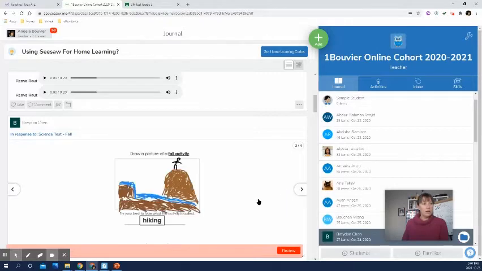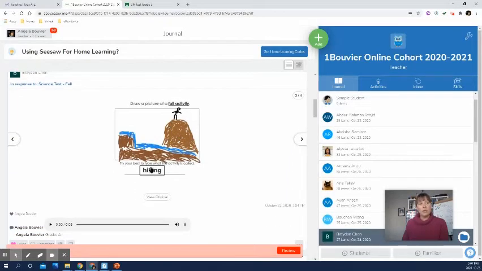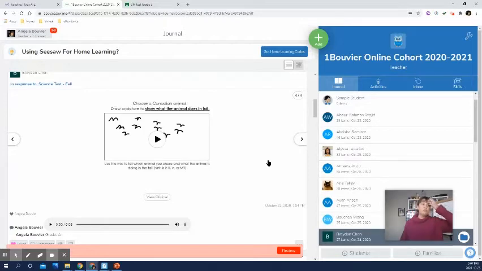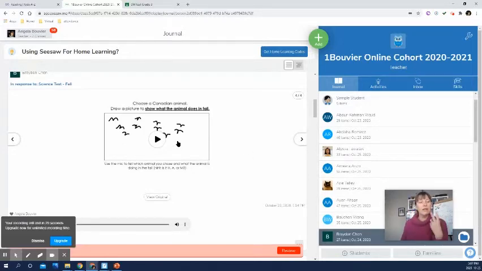If we look on page 2, you not only had to draw a picture, but tell me what your picture was. Or on page 4, you had to tell me, what's the animal doing? Is it migrate, hibernate, or adapt? So those,